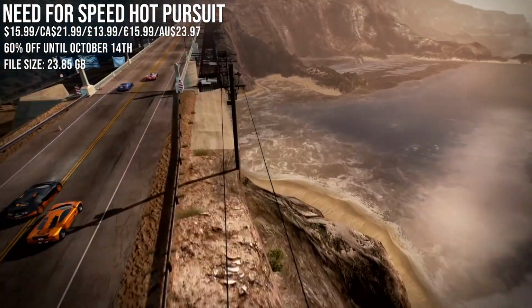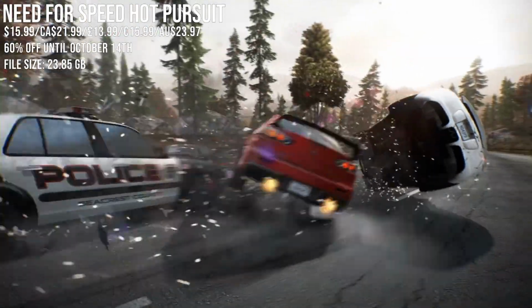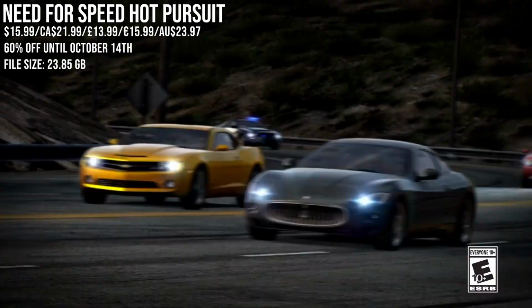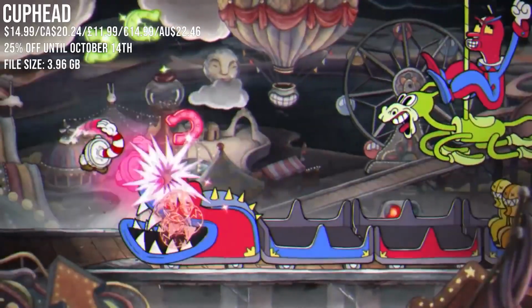The cars are both ridiculous and beautiful to look at, and honestly in 2021 the visual remaster they've done here absolutely stands up. This one then, it's rocking a new low price when you look at the PS Plus discount of 60% off. Cuphead then is a masterpiece, but full transparency, it's the only game on today's list that